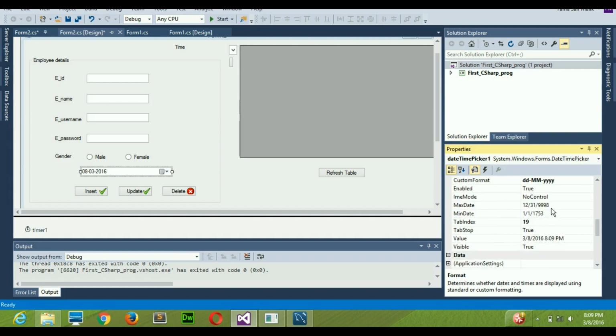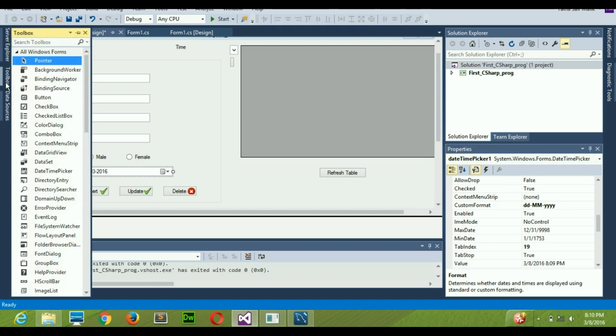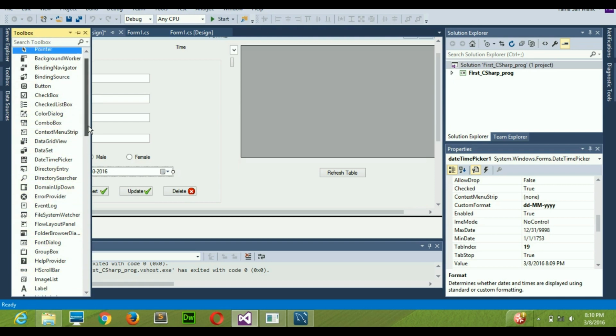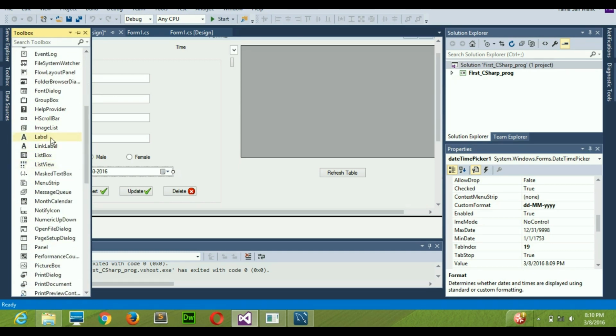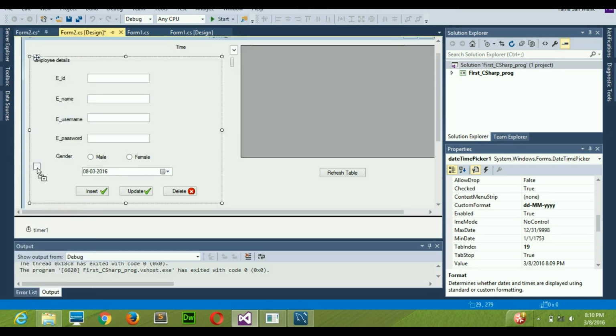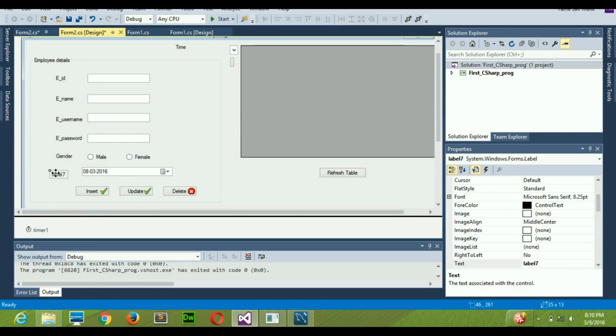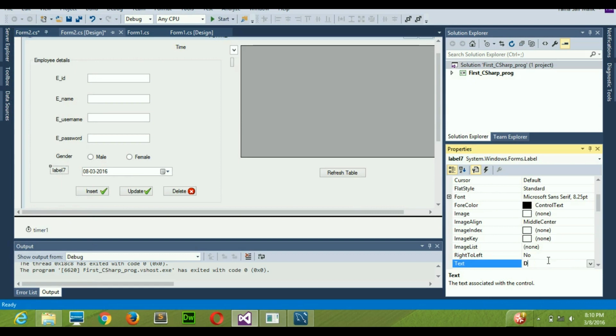One thing you need to know is that in MySQL you cannot save the date like this. First let me show you. I need to get a label from here. So I will take this label and drag it out here, and I will name it date. So I will write here date. Okay,